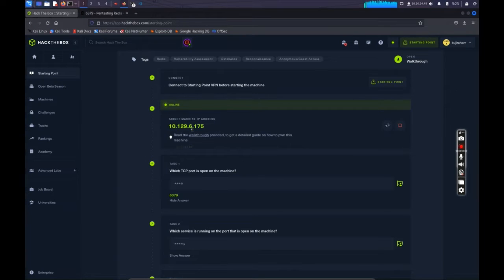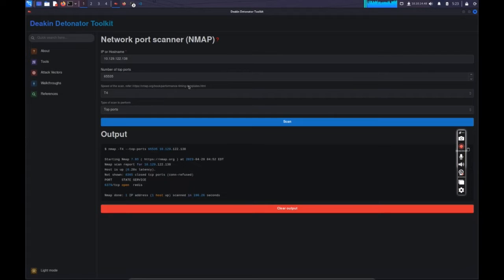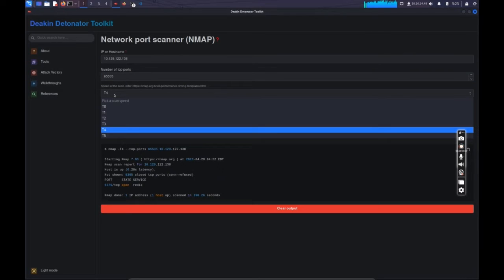So we go ahead and copy the IP because we already have our VPN connected via OpenVPN. We're going to go into the DDT and paste in the IP address, scan the number of ports, which is going to be all the ports, 65,535. We're going to specify the speed as well, and the speed is going to be